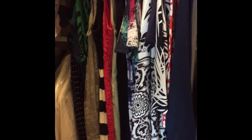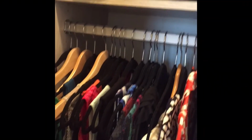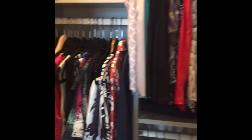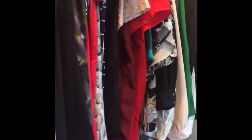I had dresses that were lying on the floor because I couldn't adjust the racking, and it was just really, really terrible and ugly. So we had this done maybe about a year after we moved in, and it's just been amazing. So one thing that I've always wanted to do is do something with this wall